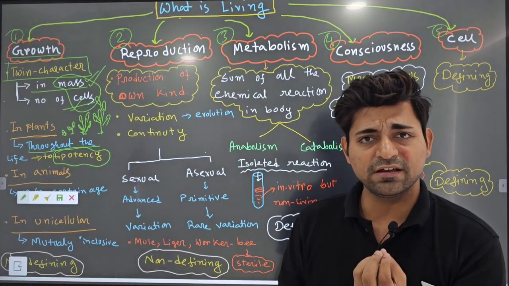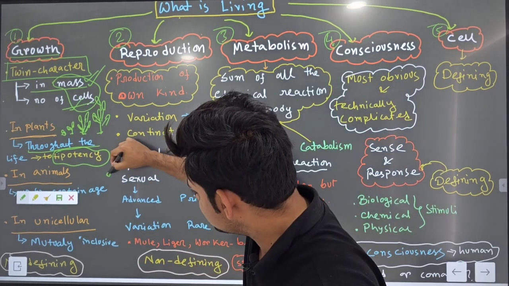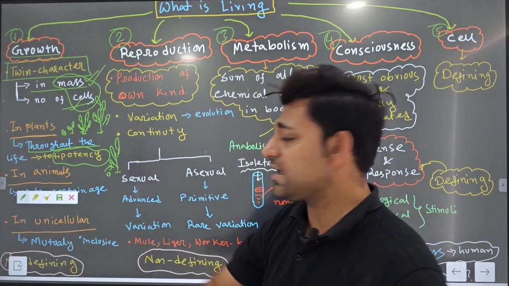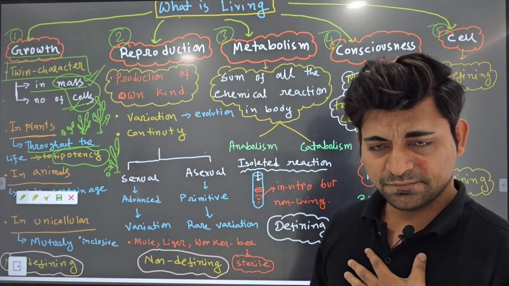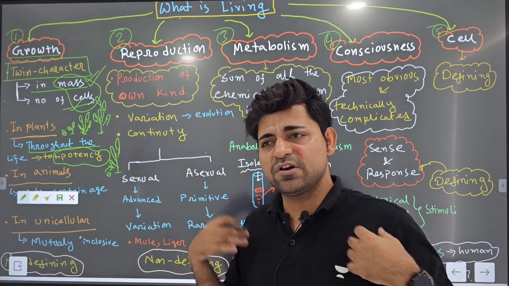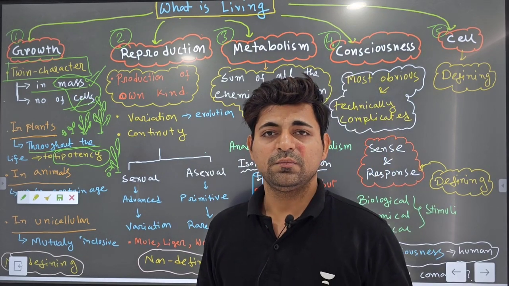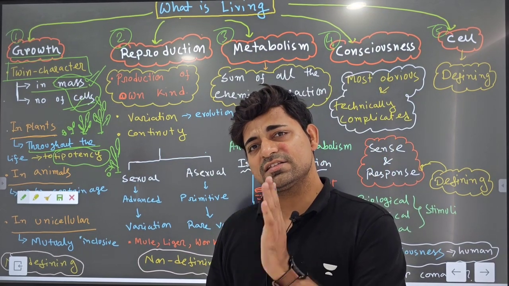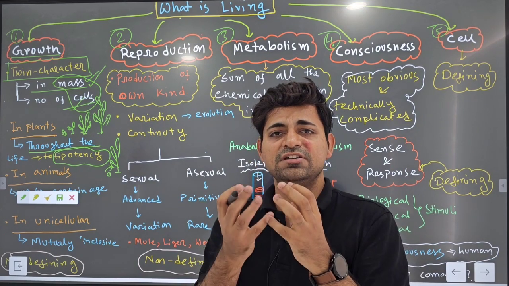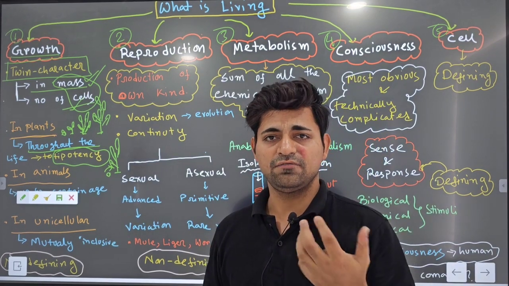A cell has the total capacity to produce a full plant body by cell division. That is called totipotency. But we animals, after a certain level of our development, lose totipotency. Maybe in my body there are some cells which are multipotent, a few which are monopotent, but totipotent cells are the cells of my initial life form: the zygote, the blastocyst, my first 16 cells at the beginning of life.